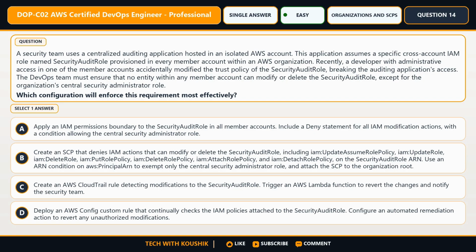The DevOps team must ensure that no entity within any member account can modify or delete the security audit role, except for the organization's central security administrator role. Which configuration will enforce this requirement most effectively? Option A. Apply an IAM permissions boundary to the security audit role in all member accounts. Include a deny statement for all IAM modification actions, with a condition allowing the central security administrator role. Option B. Create an SCP that denies IAM actions that can modify or delete the security audit role, including IAM:UpdateAssumeRolePolicy, IAM